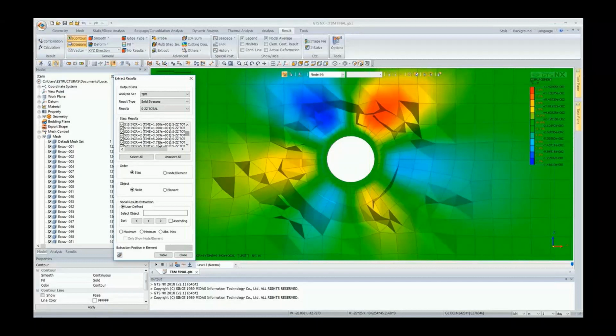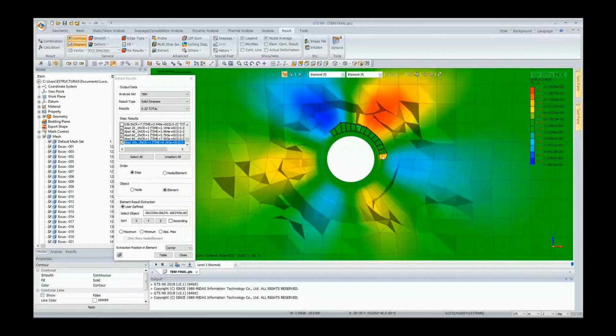So I care about stage 19, which is where the primary support is finished installing. And then stage 35, which is where we finish the secondary support installation, and then the last 5 stages, which is where it's the pore pressure reduction. This is related to the order in which a table is going to be generated, and it can either be by node or by element. So we select element, and then I select element by element